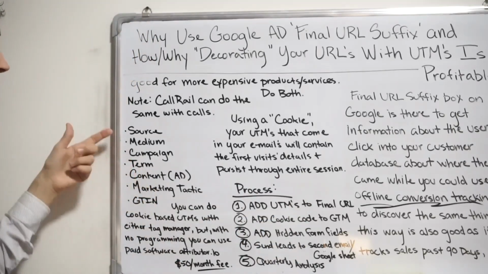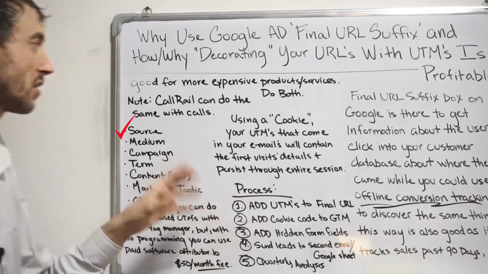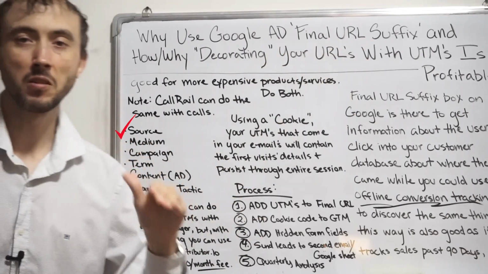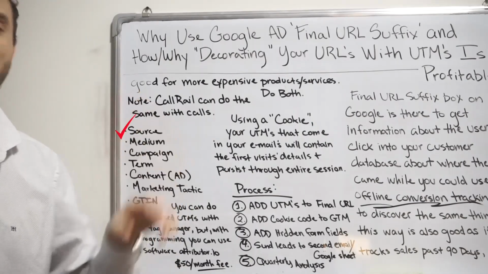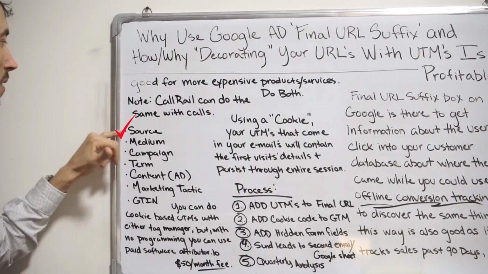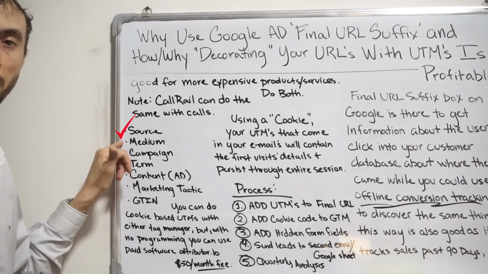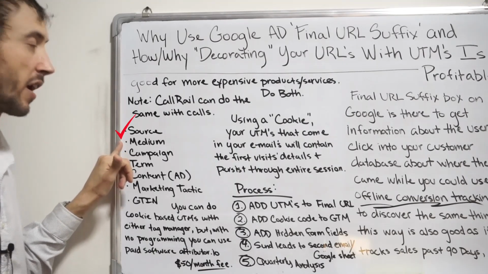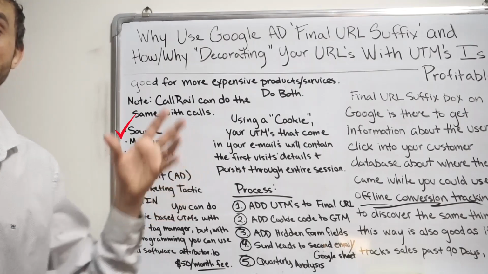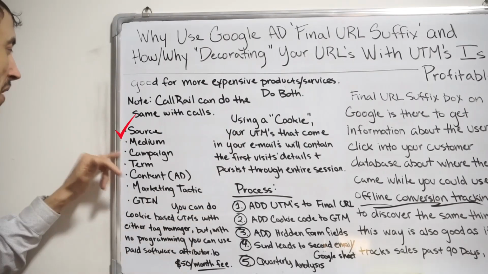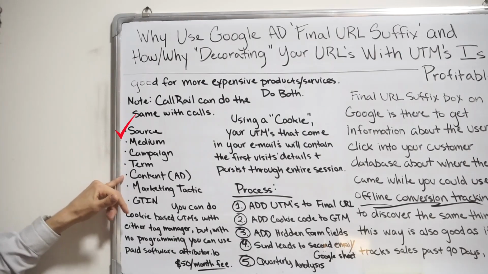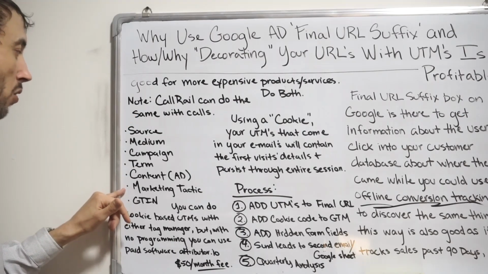As for what you can pick up with contact forms in the final URL suffix, when somebody fills out any form on your site, you can track the source and medium. Source would be like Google, if you're coming from Google. Medium would be like saying it was a PPC click, which both of those in and of themselves are always going to be the same if you're talking about Google Ads. Also the campaign they came from, the keyword they typed in, what ad they clicked on,